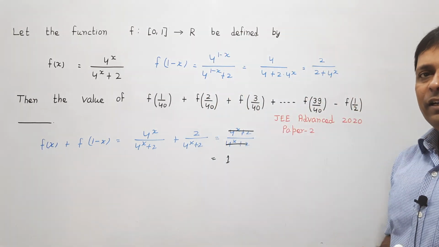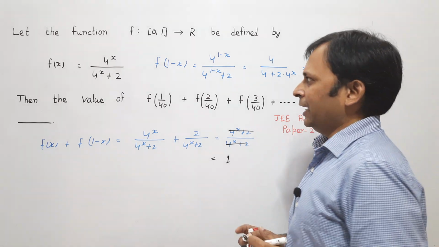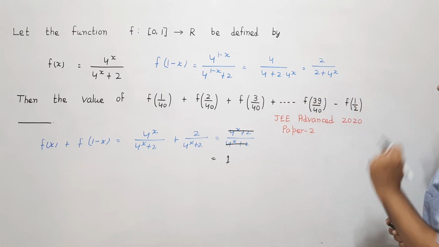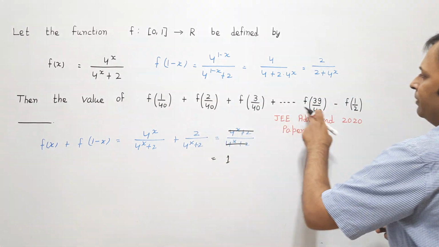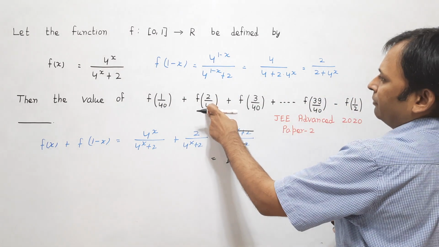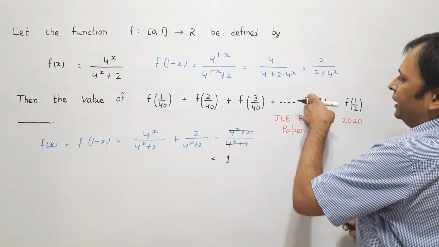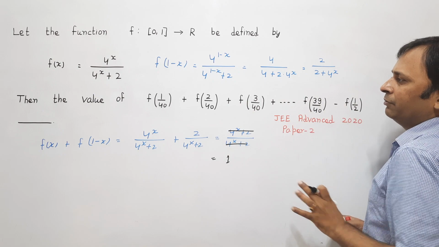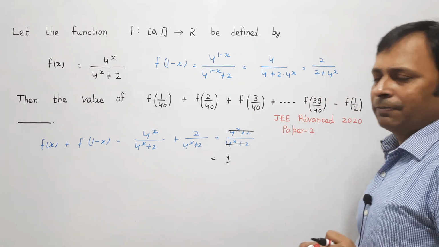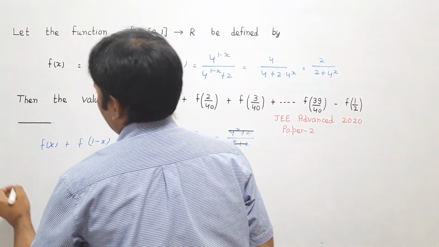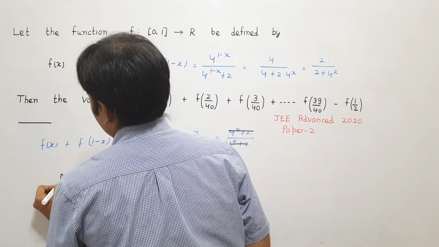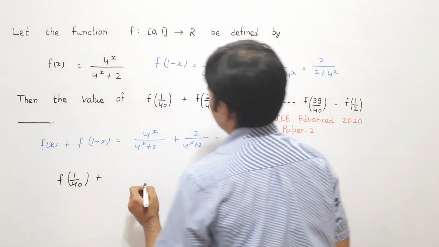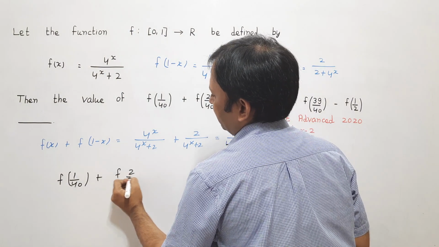Now why I thought it like this, my line of thinking was, we have f of 1 by 40 and f of 39 by 40. So 39 plus 1 is 40. Similarly, we have f of 2 by 40, and prior to that we have f of 38 by 40 whose sum is equal to 1, and this goes on like this. So what I am trying to tell you is, we have in the question given as f of 1 by 40 plus f of 2 by 40